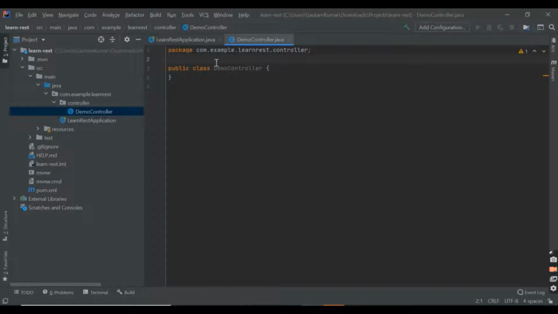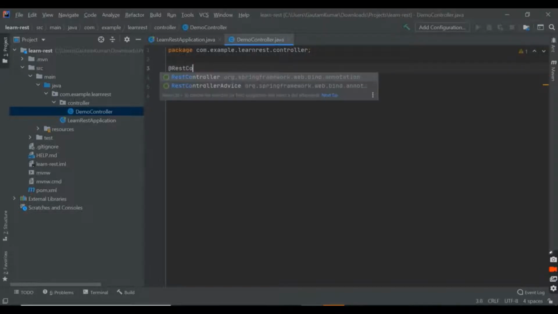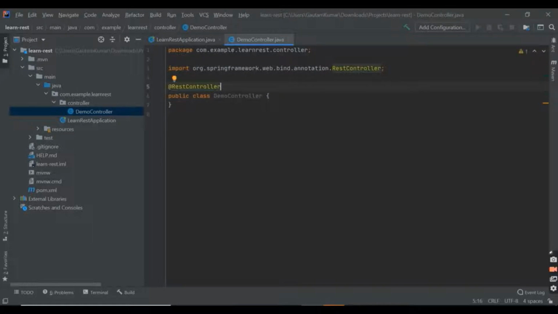First of all, in Spring Boot we have so many annotations that define what the class is all about, that give an indication that this class has a particular function. So we'll declare the demo controller class with an annotation called REST controller.